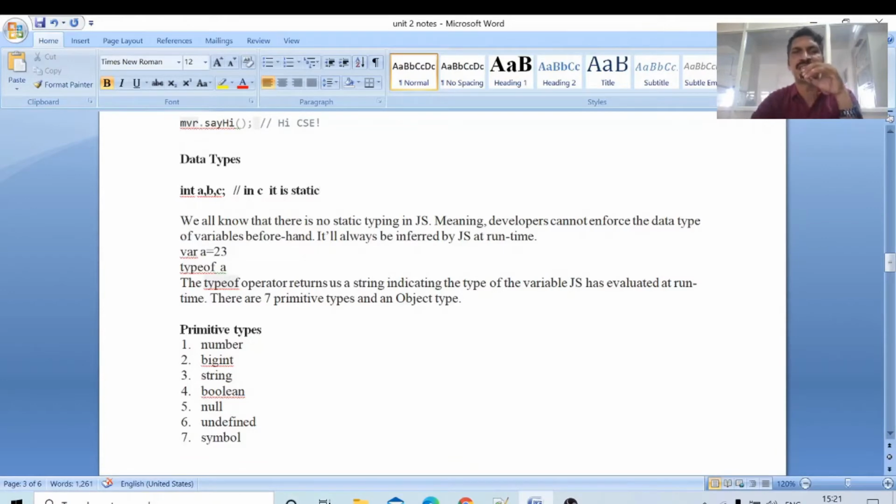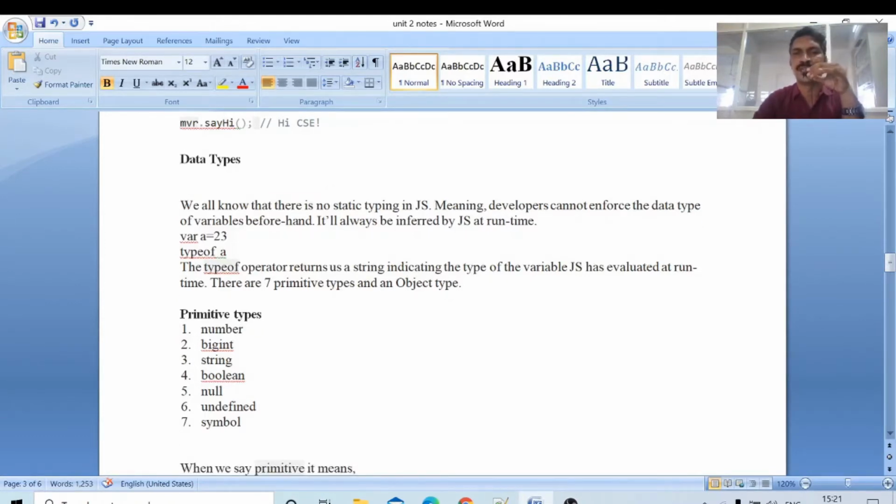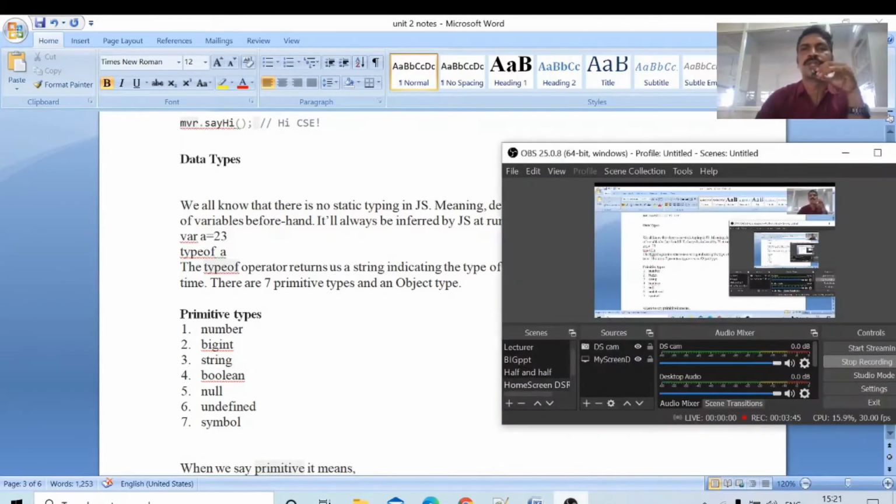C is a statically typed programming language. In JavaScript there is no static typing. This is a golden word: there is no static type in JavaScript.